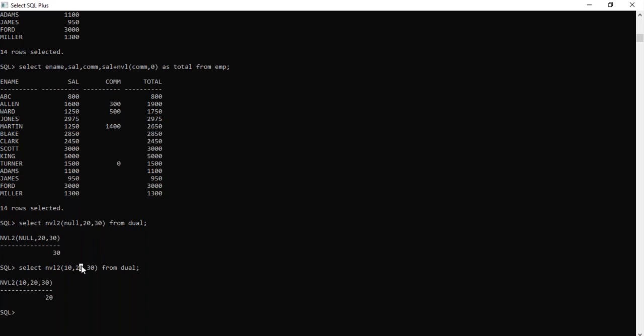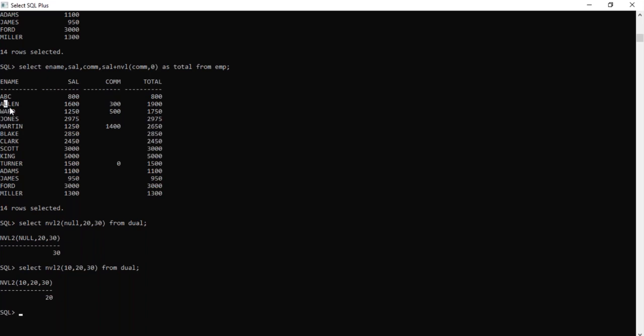Now, I want to get employees who have L as the second letter. What you will do is select star from EMP where ename like, and since it is the second letter L, give an underscore for one character, then L, then use percentage here.